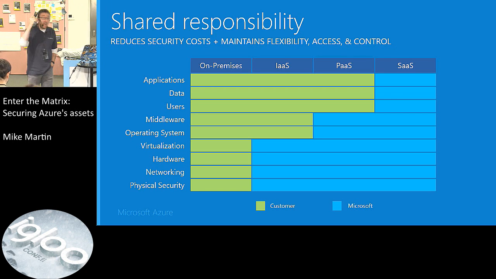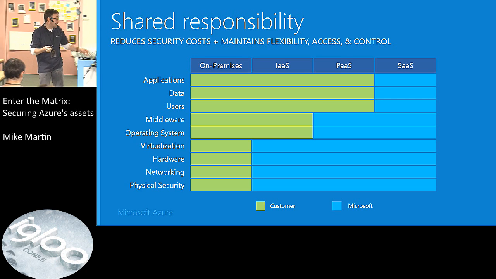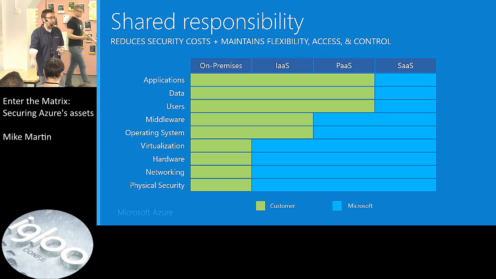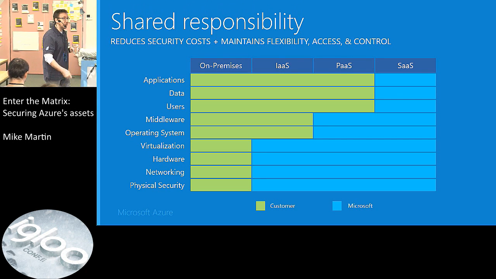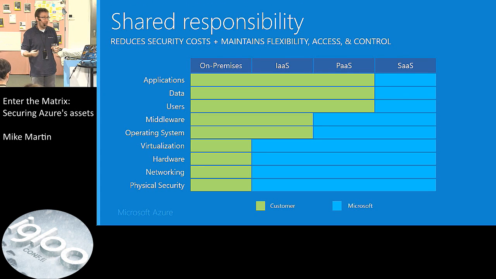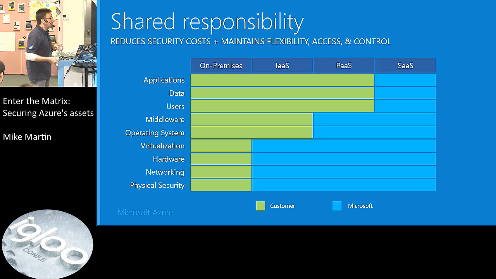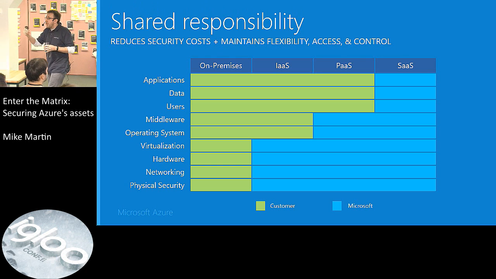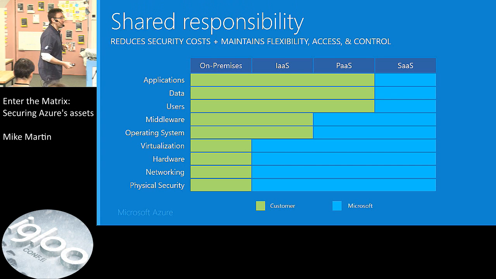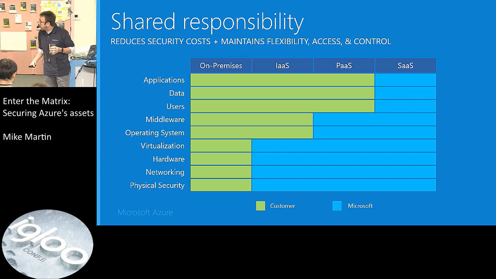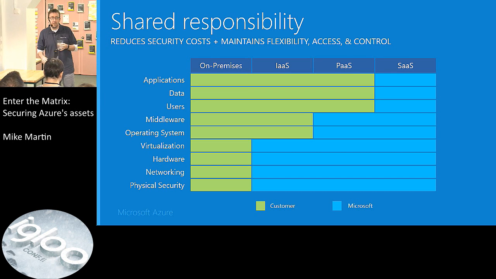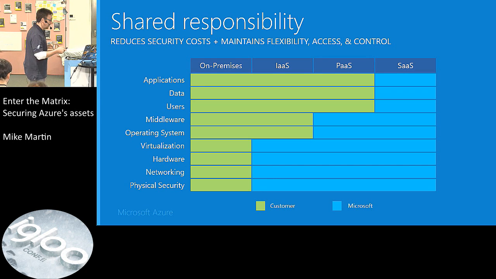For instance, if you're doing IaaS, so real servers, virtual machines, you're responsible up until the operating system. You need to patch. You need to harden the operating system. You need to make sure that the privileges are not running as a system account, for instance. Bad. From a PaaS perspective, if you give your users the wrong access, they can screw up your entire application. They can configure things that you don't want them to, they can deploy things that you don't want them to deploy. And when it comes down to SaaS, most of the responsibility lies with the vendor. So there's shared responsibility, and that's also something that you need to keep in mind.